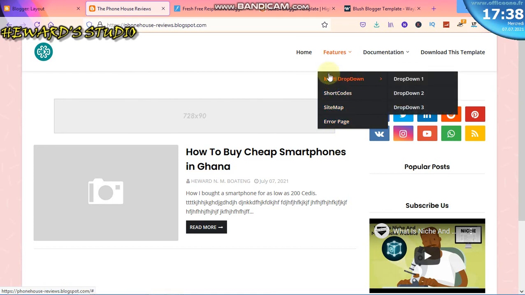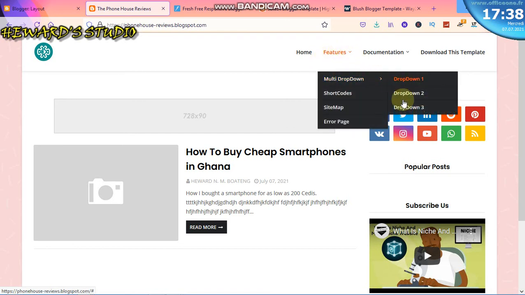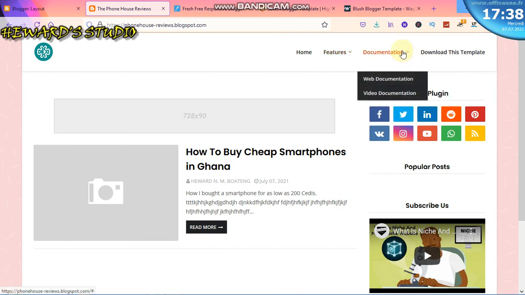Yes, you can decide to make it look attractive. Now the multi drop down here, you can add maybe a category here and add some of the things that you've written under them here. When it comes to documentation, you can change it and also write something. Here can be